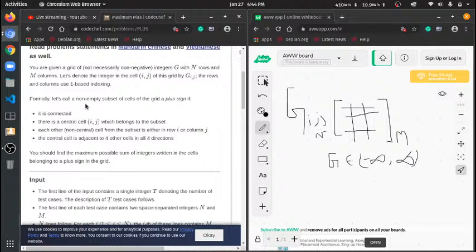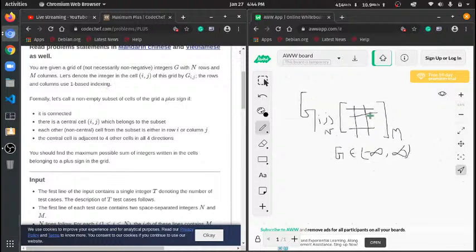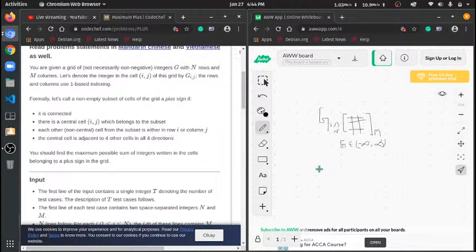Each other cell from the subset is either in row i or column j, non-central, and the central cell is adjacent to four other cells in all four directions. So basically we need to find a plus sign with an element in the central part. If we have this kind of array with the numbers 1 2 3